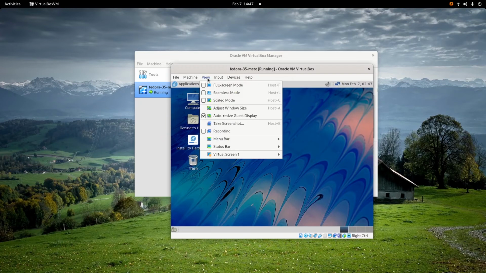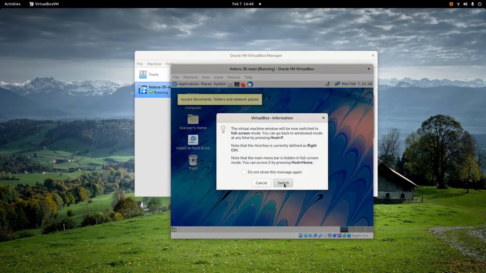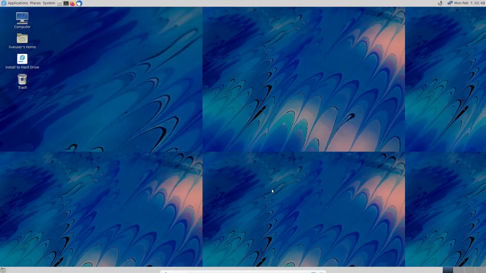I will try to choose this full screen mode so you can see what happens. You can see here guys that my VM has crashed. I cannot click anything.